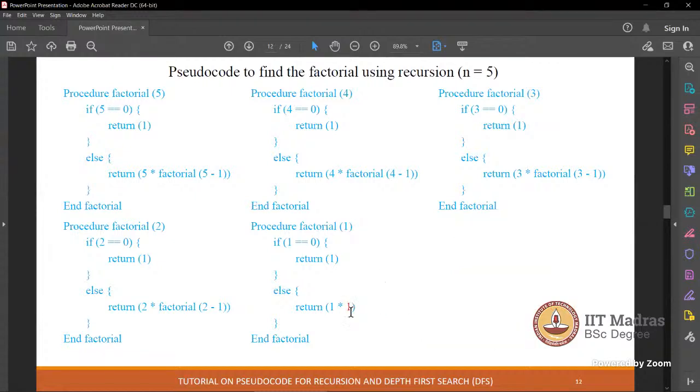Same thing continues. Now we are saying return 1 into 1. Now we have both operands for the multiplication. Earlier, the multiplication was not possible because we did not have this 1. Now we can do 1 into 1, which is again 1. We are saying return 1. Where should it get written? The place from where this factorial of 1 was generated. This is the place. So this 1 into 1 is 1, and this 1 should go back over here. Let's do that.